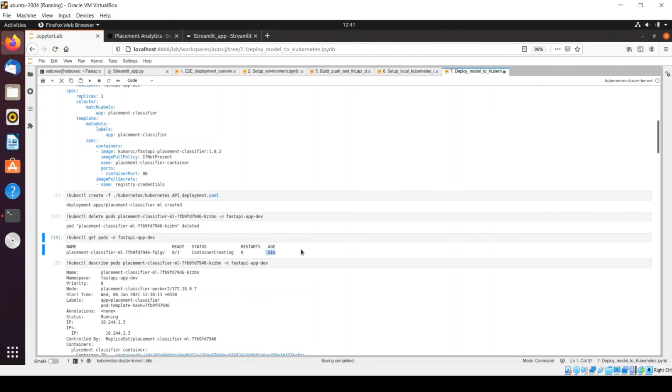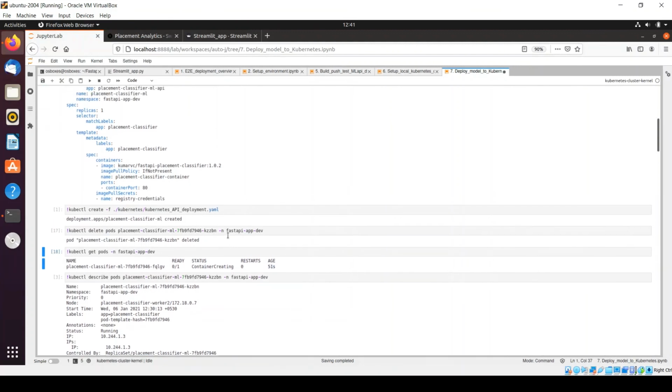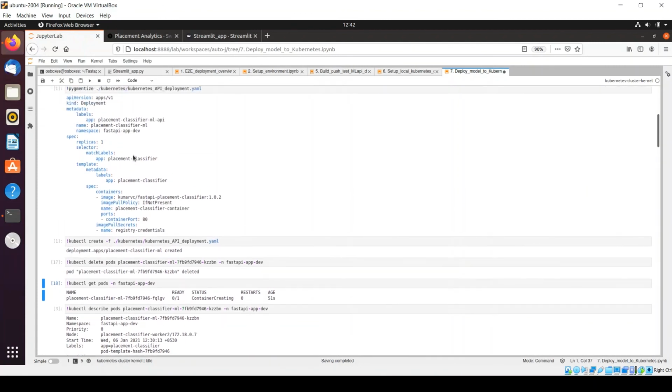It started 51 seconds before. So that's the role of this matchLabels artifact. The deployment will try to match the pod definition, and it will pick the pod which has this label definition, and that's what we have defined here.